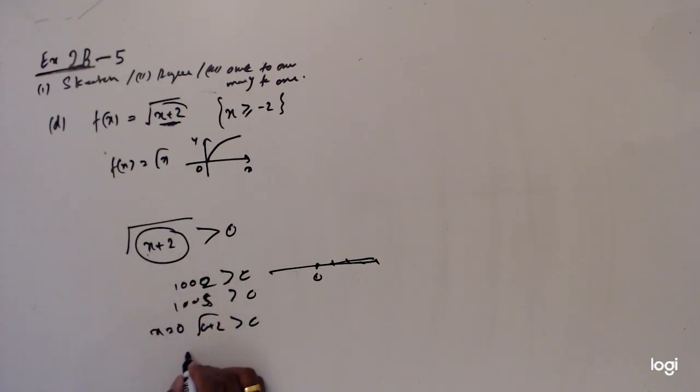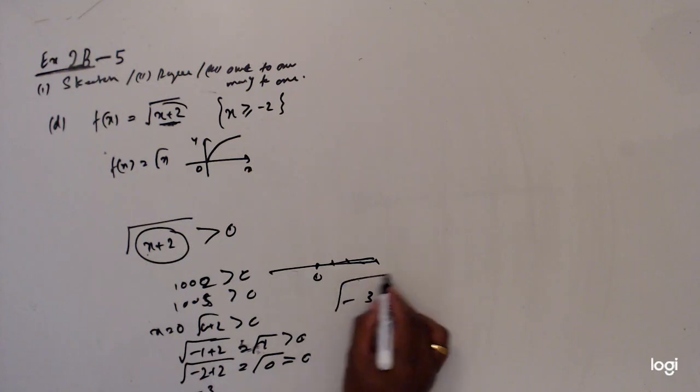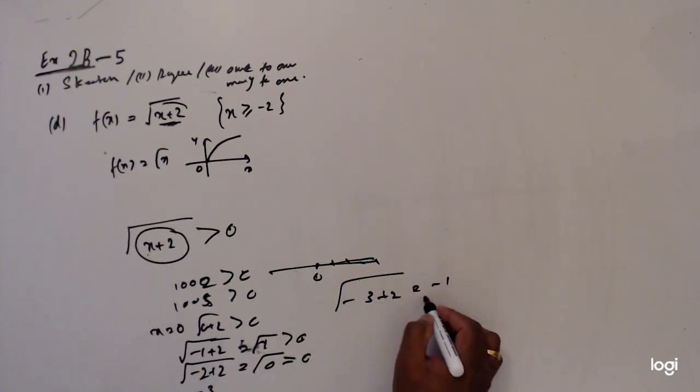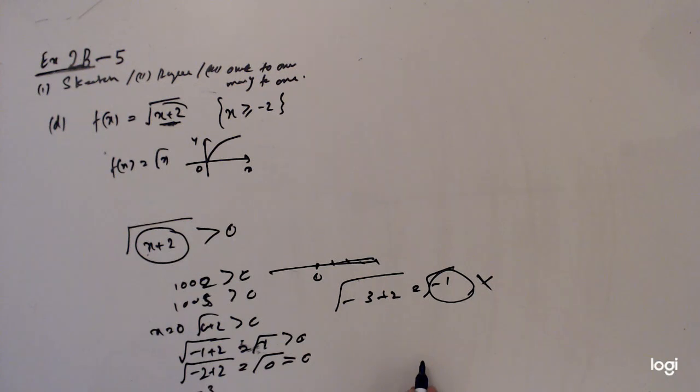Can I put minus 1? Yes, I can put minus 1 because minus 1 plus 2 is also greater than 0, it is 1, still greater than 0. Can I do minus 2? Yes, minus 2 plus 2 is 0, equal to 0 now. Still fine. Can I put minus 3? Minus 3 plus 2 equals minus 1. So this is not defined. It means the minimum value I can put is x equal minus 2